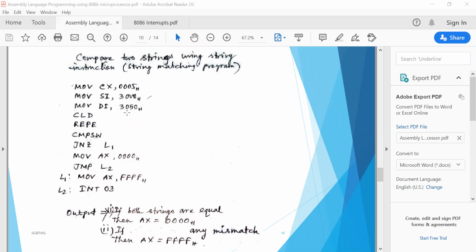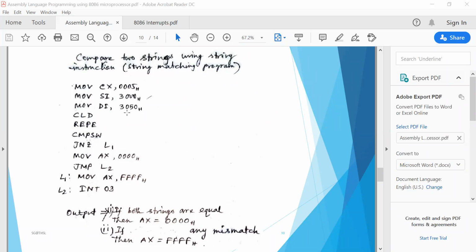Now both strings will be compared, but before comparing these string data bytes, you have to initialize the operation. Like how will you go from one memory location to another? Will the memory location be in auto incrementing order, or does it go in auto decrementing order? Like if I have taken the first number from memory location 3000, should I go to the 3002 memory location, or should I go from 3000 to 2FFF backward? Means either I can go in auto increment mode, or I can go in auto decrement mode.